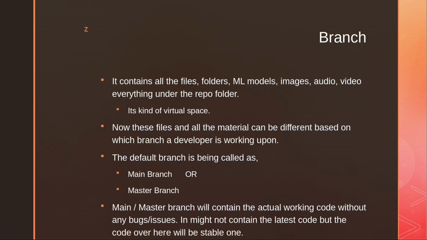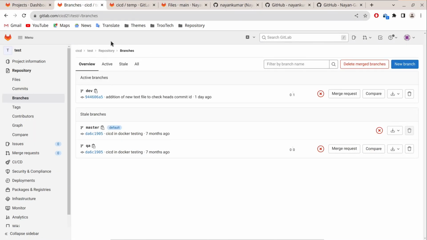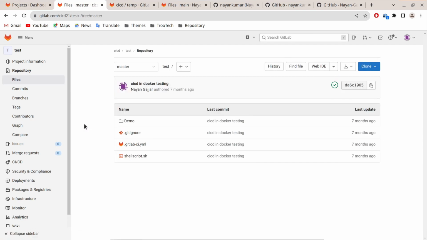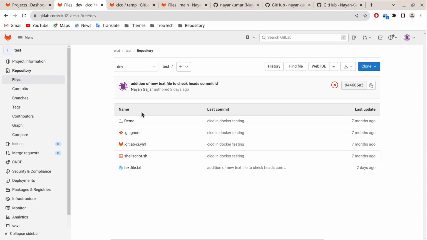For that, let me go to GitLab. Over here, I will go to another repository. This is another repository called taste, and over here I have different branches. Let me go to this master branch. In this repository, under the master branch, I have the following files. If I move towards the dev branch, over here, apart from the files and folders from the master branch, I have one extra file called